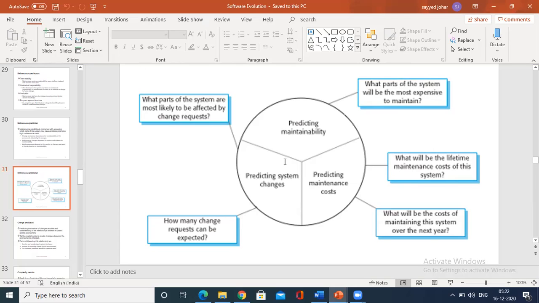So we use certain metrics that can be used for assessing the maintainability, that is the number of requests for corrective maintenance or the average time. These are all the questions that you have to go through. How many change requests can be expected, with respect to predicting the system changes? With respect to predicting the maintenance cost, what will be the cost of maintaining the system overall for the next year,